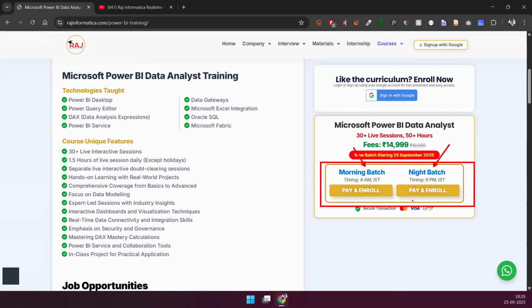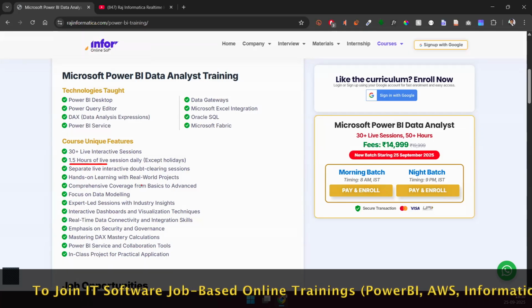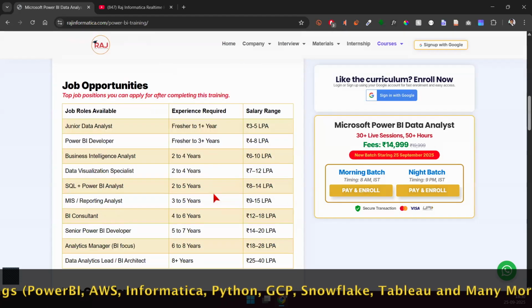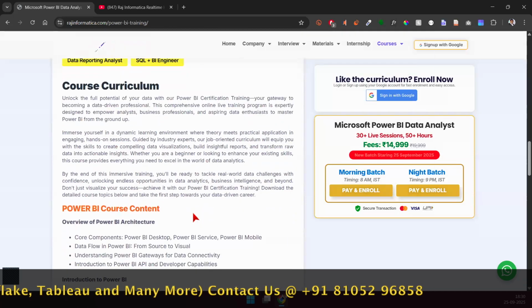You can join the morning batch, and if you have missed the morning batch, you can also join the evening batch. The links and everything are going to be the same. They will share all of those details with you. There are a lot of other advantages as well, and my team is going to talk about that again at the end of this course. The session is going to be mostly 1.5 hours. Just go through this documentation, this website, and you'll understand a lot of things. We have put together a lot of information here. Just go through this and understand it.